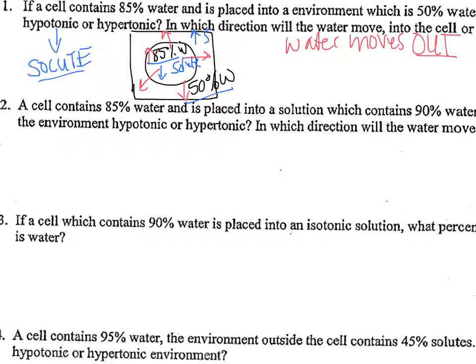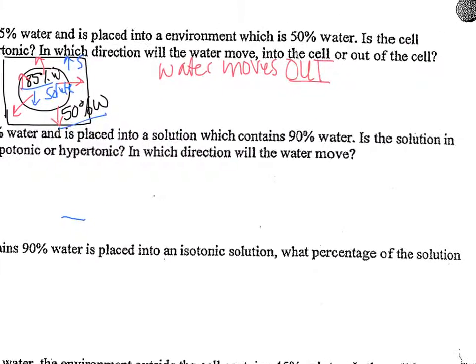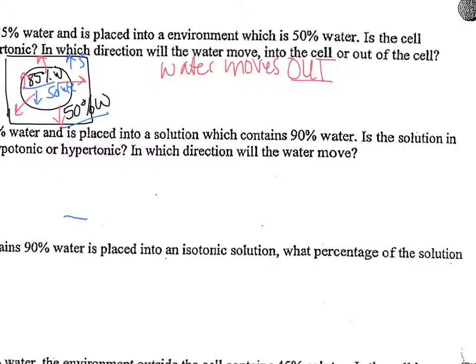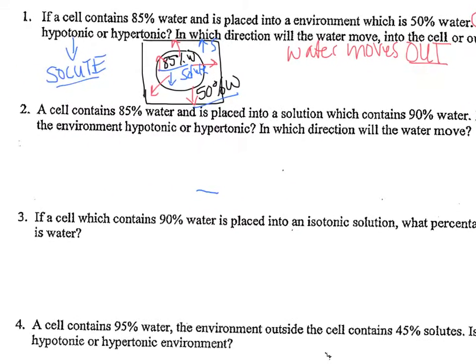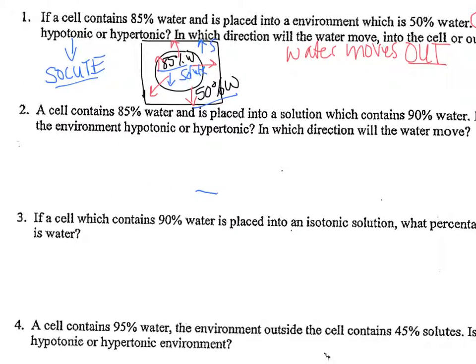So in this particular question, let's look at what the question actually says. It says, is the cell hypertonic or hypotonic? Is the cell? So I look inside my cell, and I see that it has low solute. Therefore, the cell equals low